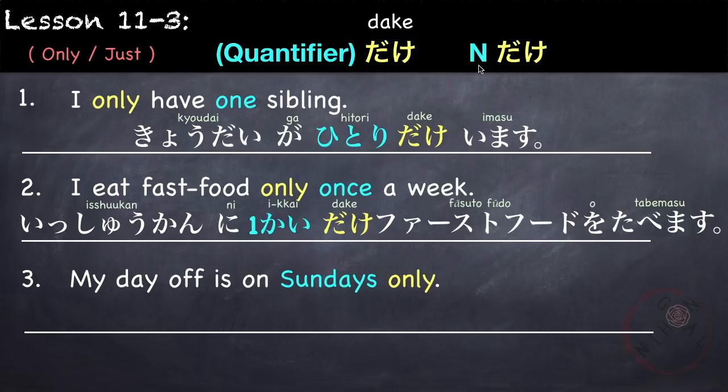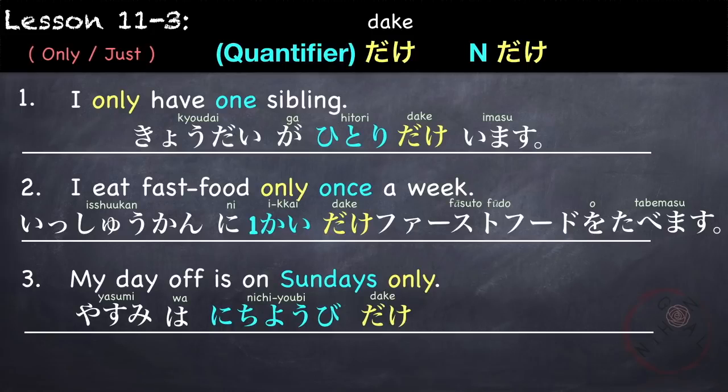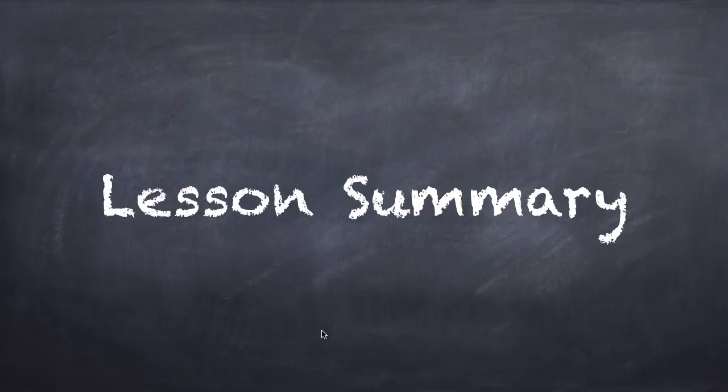Another example, my day off is on Sundays only. Here we are going to use the pattern noun だけ. My day off, 休みは, Sundays, 日曜日だけです。休みは日曜日だけです。